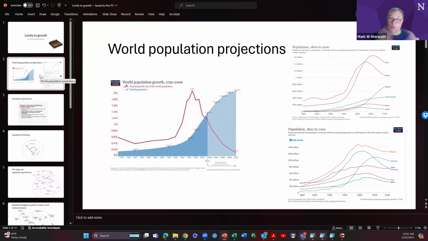Now that's the world at large, right? But that doesn't show what it looks like country by country. So I decided to put in the upper right countries like India, China, Nigeria, and this is all courtesy of Our World in Data. It's data that they've collected country by country, and they've extrapolated birth rates going for the next 50 to 80 years.